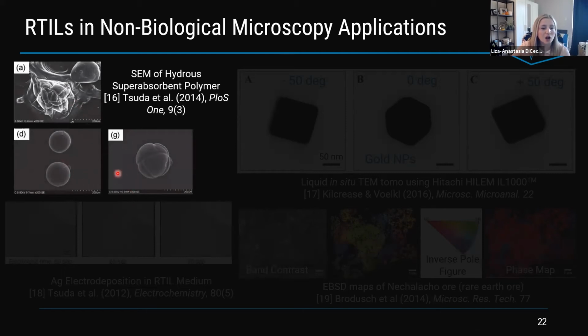These are from different ionic liquid treatments that they did, but D and G were quite similar to what was conventionally seen, but the size was more well conserved. Whereas A was really interesting because they were actually having an interaction between the polymer and the ionic liquid they're using. That gives a little insight that when you're using these kinds of techniques, you have to consider how your solution might be interfering with your sample itself.